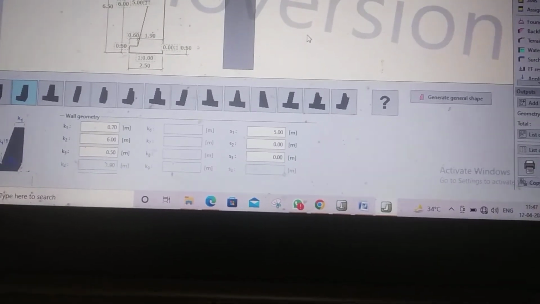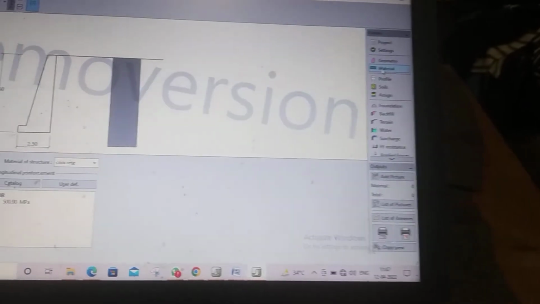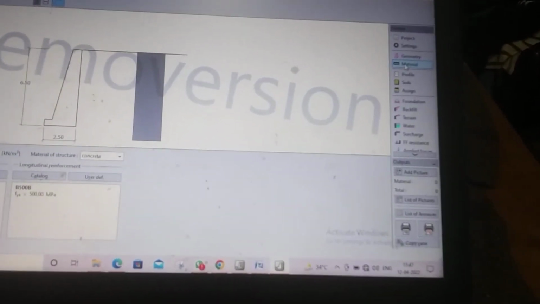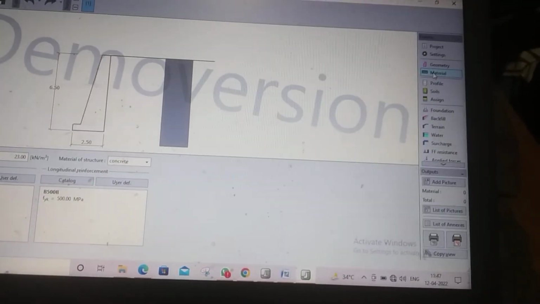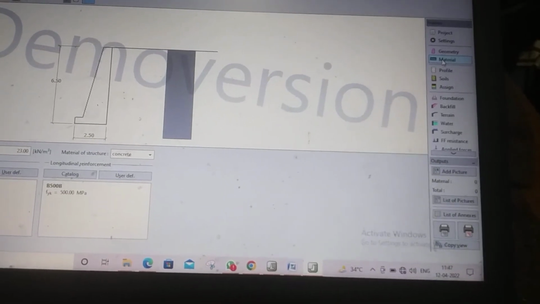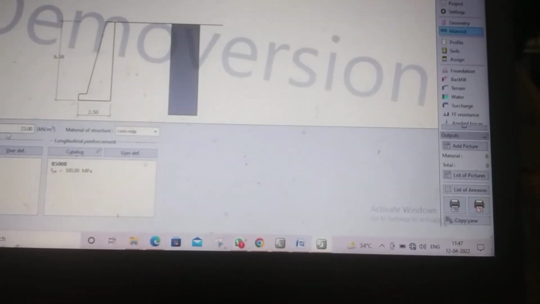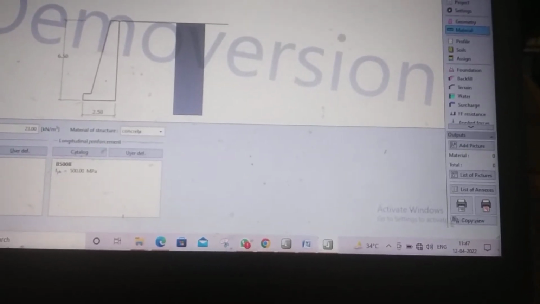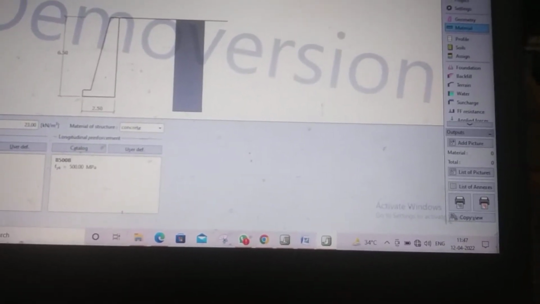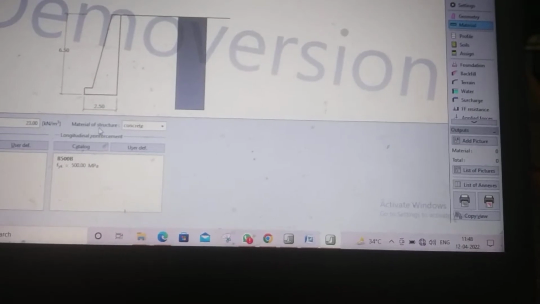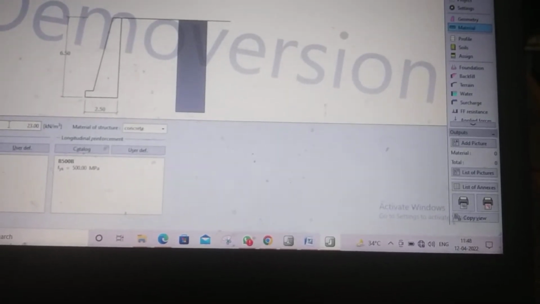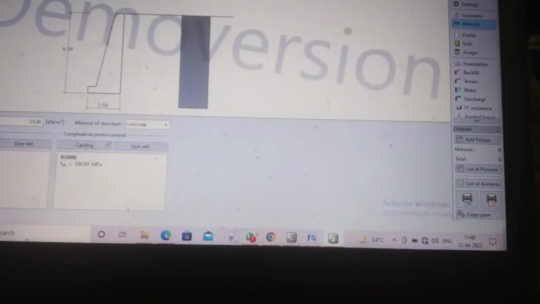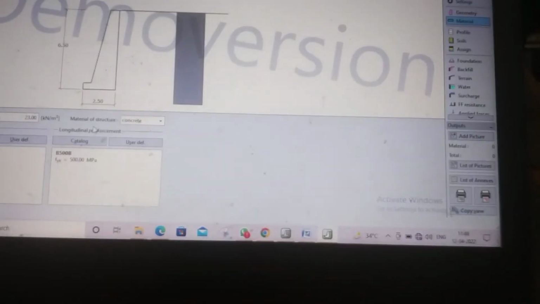Then step 3, we have to go to material, which type of material we have to provide in this case. So basically use catalog. There are two considerations: unit weight of wall and material of structure, concrete and reinforcement.